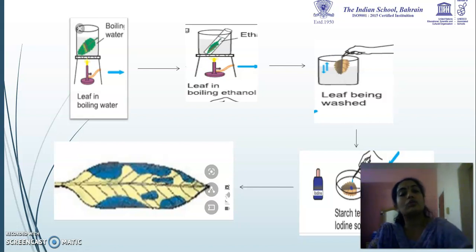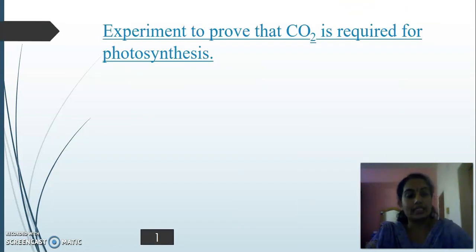So here, only those parts where the chlorophyll was present are showing the color change. Other parts do not show any change in color, which proves that chlorophyll is required for photosynthesis. Now moving on to the next experiment, the last experiment, it is to prove that carbon dioxide is required for photosynthesis. We say that carbon dioxide combines with water, but we need to